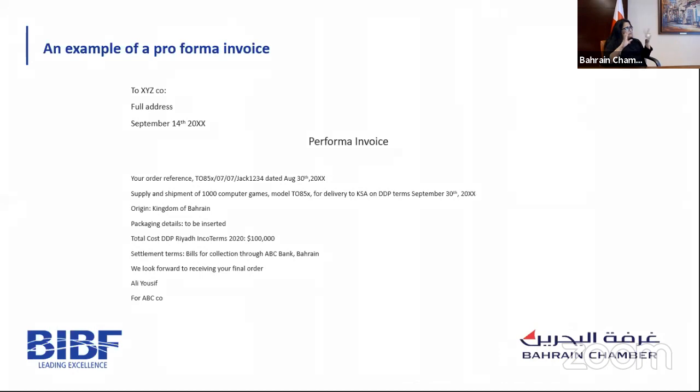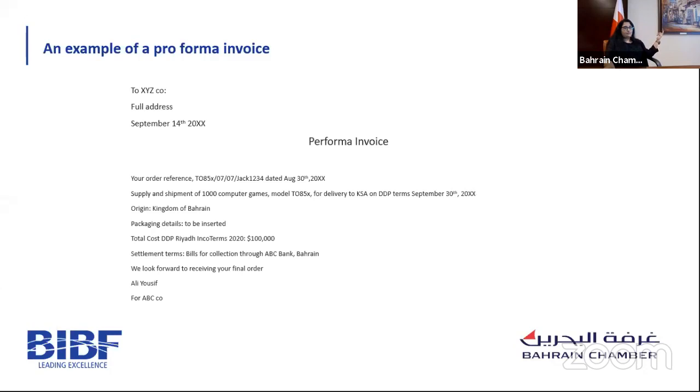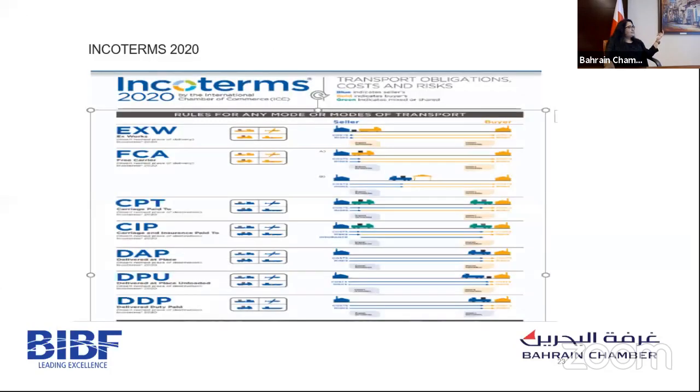So normally a pro forma invoice would look something like this. This is a pro forma invoice that I have given. So quickly, if you look at it, I have given information like an order, supply and shipment of what you are supplying, where it originated, what the packing details are, what the total cost is, what the Incoterms used are, which bank is involved in this, etc. So this is how a pro forma invoice normally looks. So when I was talking about the sales contract,